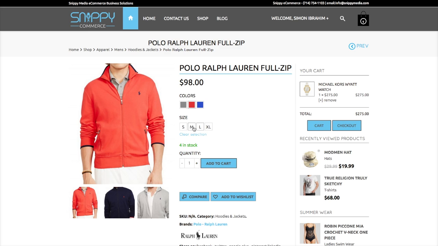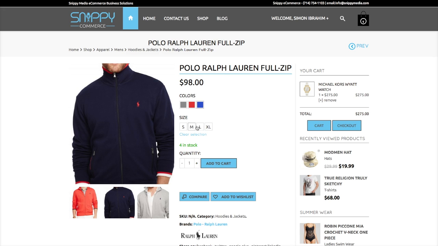These are the labels that we've added, and we use sizing, obviously, because it's a clothing item. So we have small, medium, large, extra large. So the customer can go ahead and choose a color and a size. And when I show you guys how to upload a product in the next video, we'll show you how to do what's called a variable product, which is what you're looking at now, a product that has multiple sizes and multiple colors, and there could be many different attributes added on that will basically multiply your product. So this is a variable product with a couple of different attributes involved in it. Let's go back to our